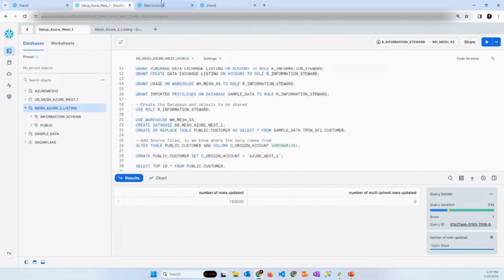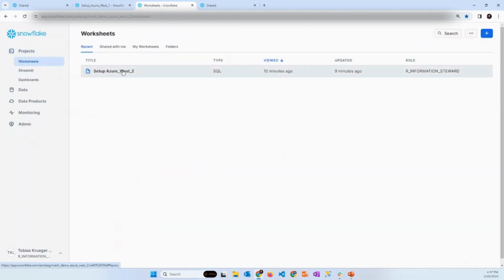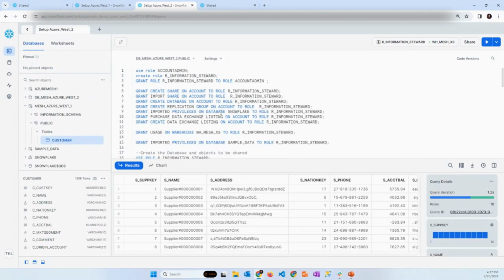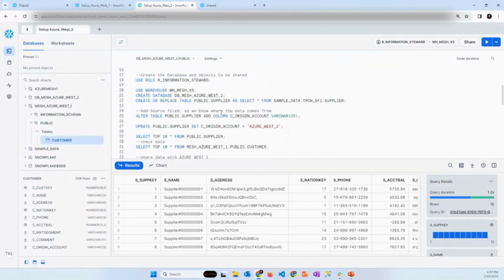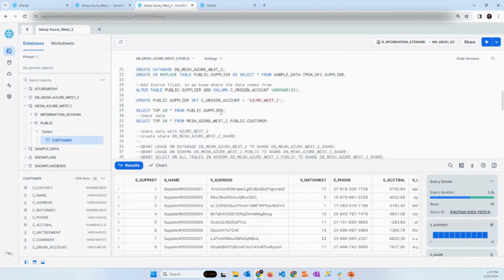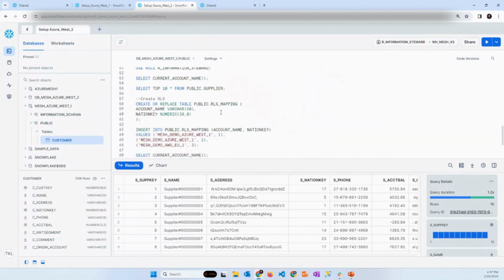And one other aspect to this that I would like to highlight is that sometimes maybe you don't want to have all consumer accounts to be able to see the same kind of data, right? So that's why maybe you earlier saw this mapping table.